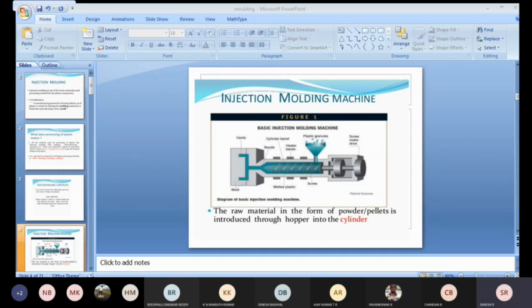So these are the important parts of the injection molding machine. The first one is the screw motor drive and the hopper, used for placing the plastic granules. The heating unit heats the plastic, and we have the cylinder barrel with the screw motor arrangement. When it rotates, it pushes the heated plastic raw material through the nozzle into the cavity. It consists of the mold, with both the male and female halves assembled, and the end is the cavity. These are the important parts of the injection molding machine.